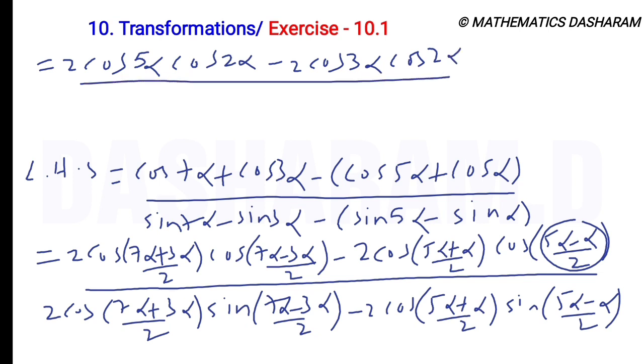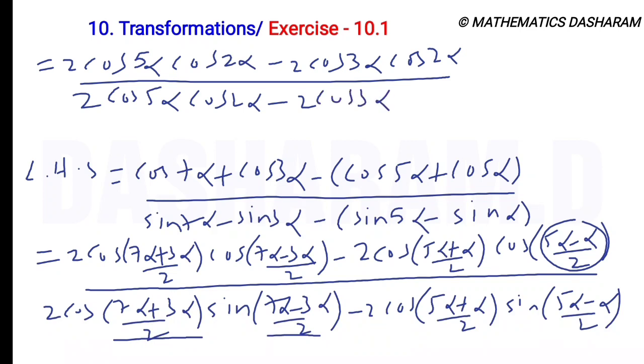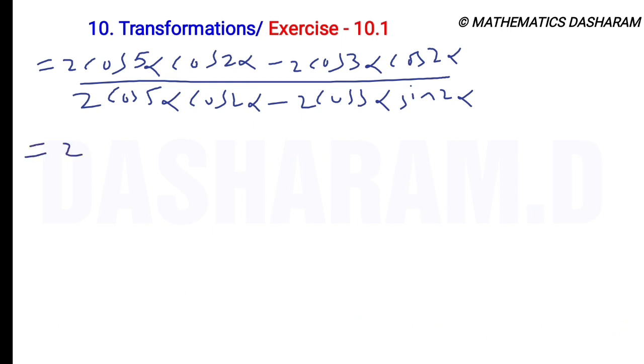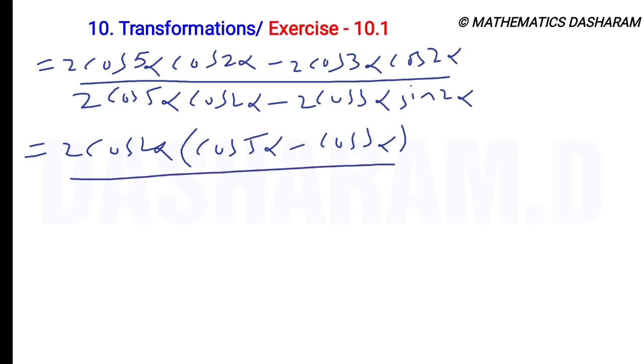So divided by 2 into, 7 plus 3 is 10, by 2 is 5. So cos 5 alpha, and 7 alpha minus 3 alpha by 2 is 4 alpha. So it is equal to cos 2 alpha minus 2 into cos 3 alpha, and 5 alpha minus alpha is 4 alpha. So it is equal to sin 2 alpha. So in the numerator we can take 2 cos 2 alpha common, then cos 5 alpha minus cos 3 alpha, divided by, in the denominator,